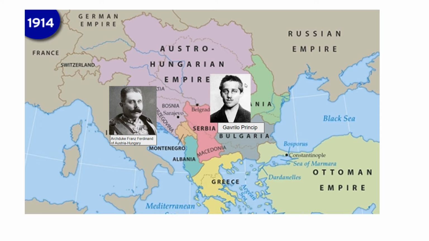And so the assassin is a guy named Gavrilo Princip. Now, Gavrilo Princip from Serbia here, he is a part of this secret group, right? It's like spies and stuff, or they thought they were at least, called the Black Hand. And their plan was to assassinate the Archduke Franz Ferdinand to show that the people of Sarajevo and the people of Bosnia did not want to be a part of the Austro-Hungarian Empire. Unfortunately for them, they didn't really think the plan through much after that.